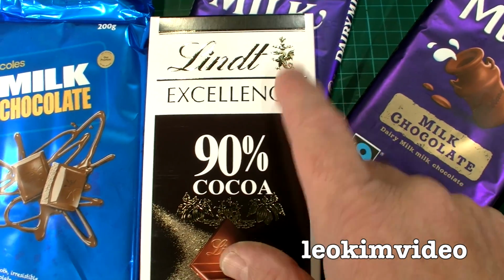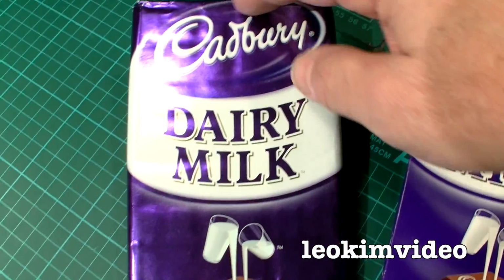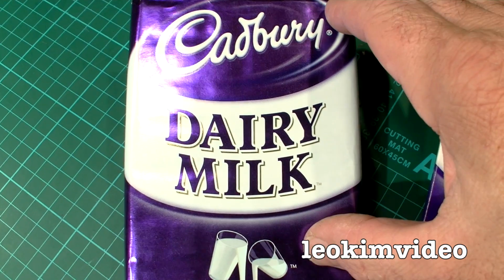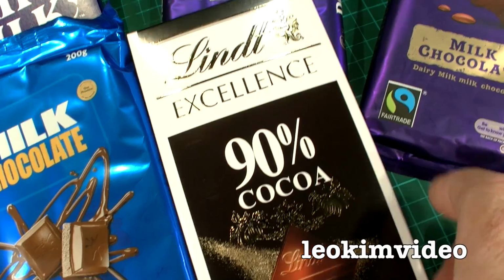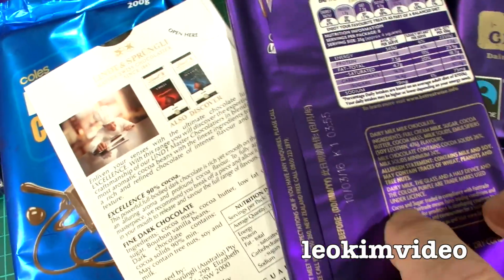your chocolate hit. Now, when I used to eat Cadbury's, and it was back when it was in this big 250 gram block, I used to eat basically 3 strips to get my chocolate hit. And in eating that 3 strips, you're actually taking in a whole ton of sugar. The sugar revelation is probably best explained by looking at some of the information on the back of these chocolate